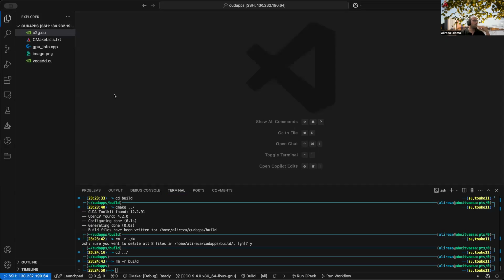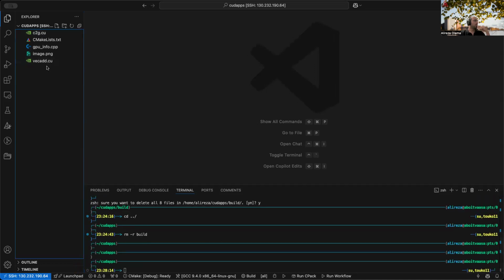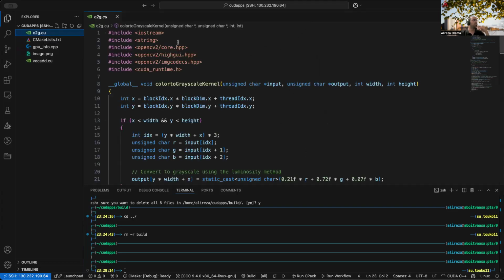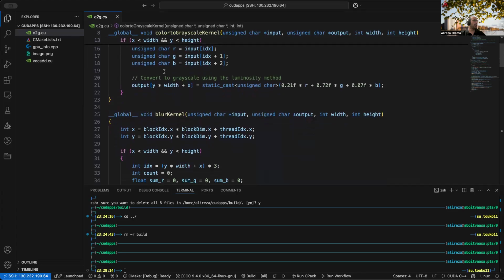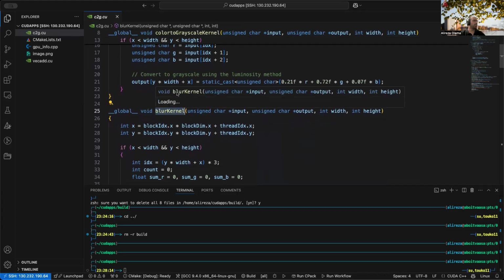All right, so I have shared my VS Code window. So this is my code base. I have a source file called c2g.cu, which implements both the color to grayscale kernel, as you can see here, and the blur kernel, as you can see here. But before that, let's